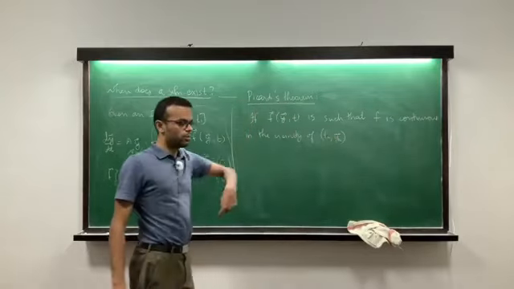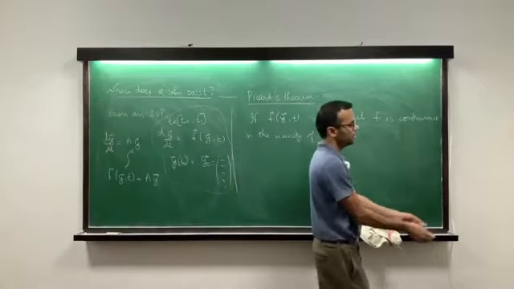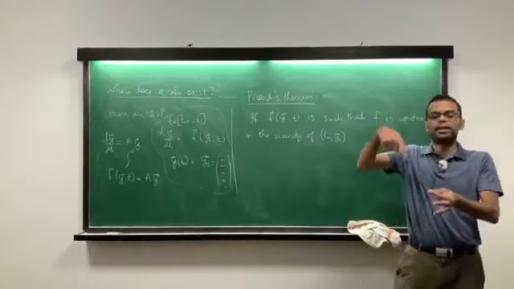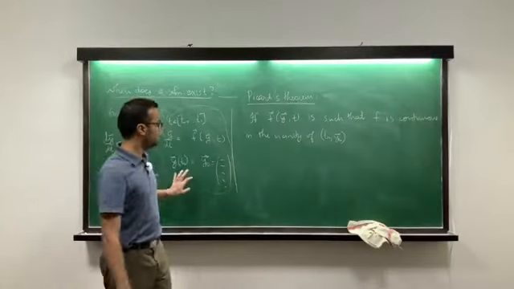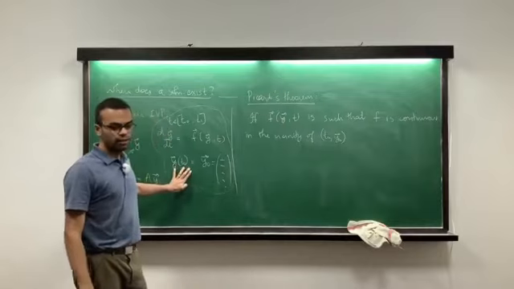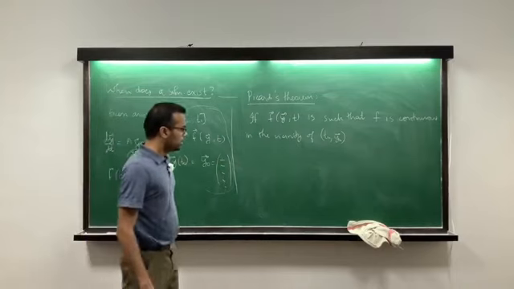Notice y0 bar is a column vector, and t0 comma y0 bar, think of it as a column vector with one additional entry, which is t0 here. So in the vicinity of this point with coordinates t0 comma all the other y0s appended to it, if